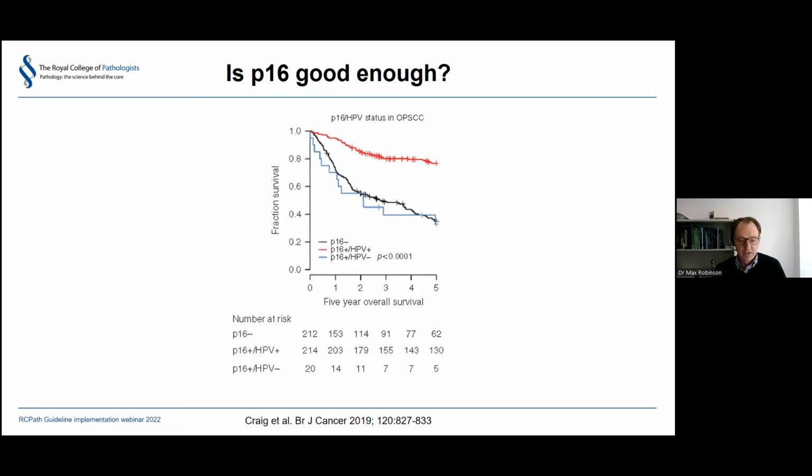So the question is, basically, why is this important? Well, it's really important because if you take P16 as a classifier and try to enter patients into a de-intensification of treatment as part of a clinical trial, then you may be selecting patients who are destined to have a poor prognosis anyway, and you're withholding